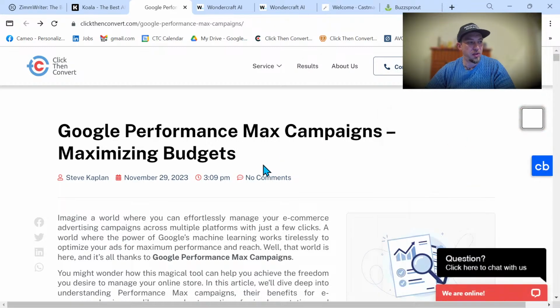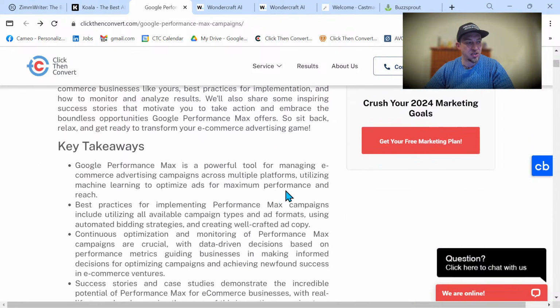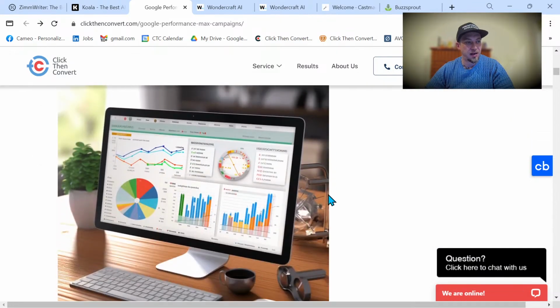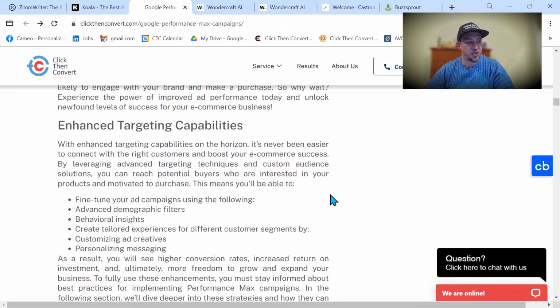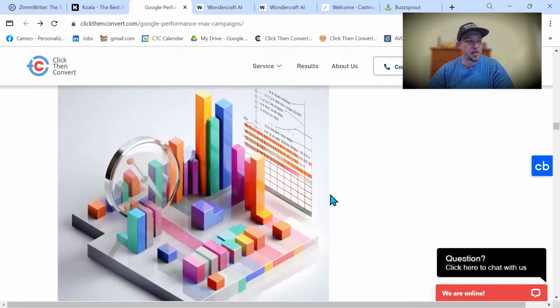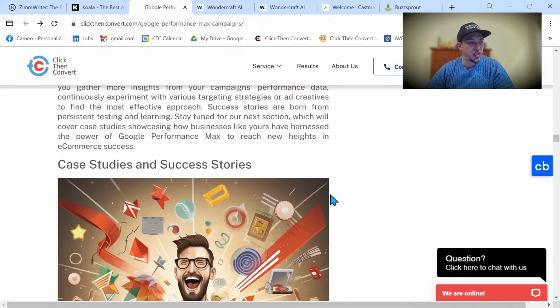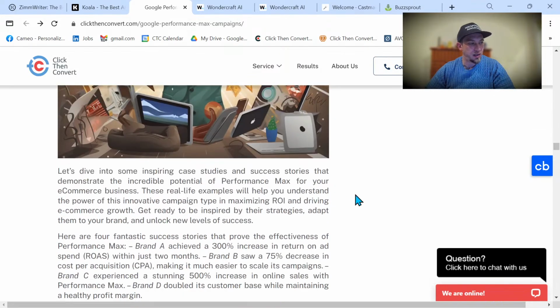So this is the blog post. This is actually a different blog post. As you can see, it was published quite a while ago, but this is how it comes out. So it starts with the introduction and then the key takeaways. And as you can see, it looks very, very similar to what we just looked at. It's got H2s, it's got an H1, it's got images tagged properly throughout. This is really exciting.